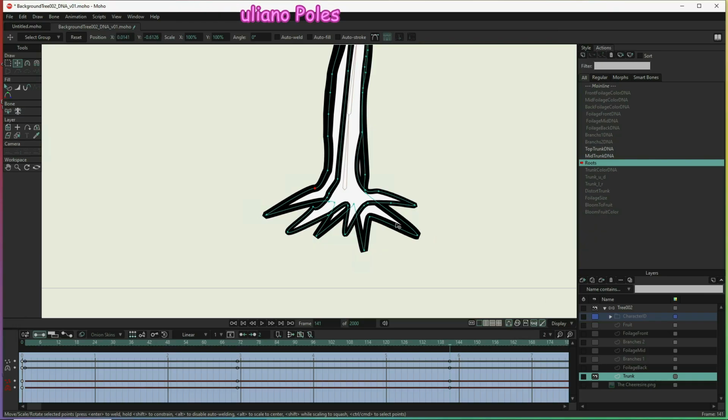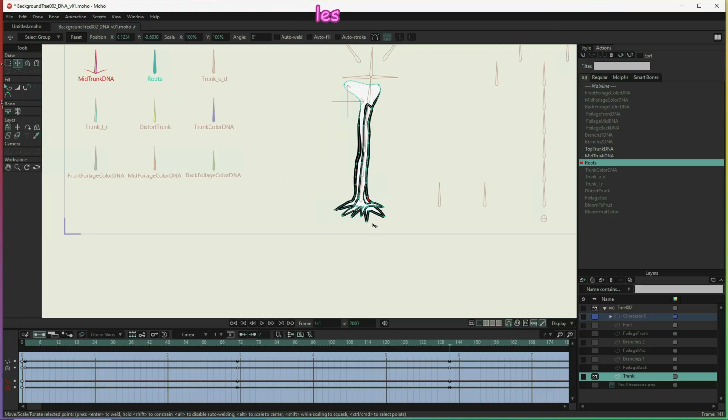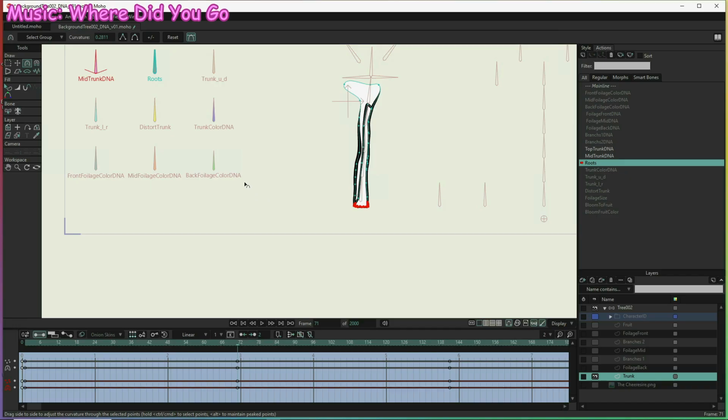Oh, that's better. Alright, so there's our maximum root. Again, here we want to just make sure all of those points have reset and that the curve has reset. So there we go. We're ready to move on